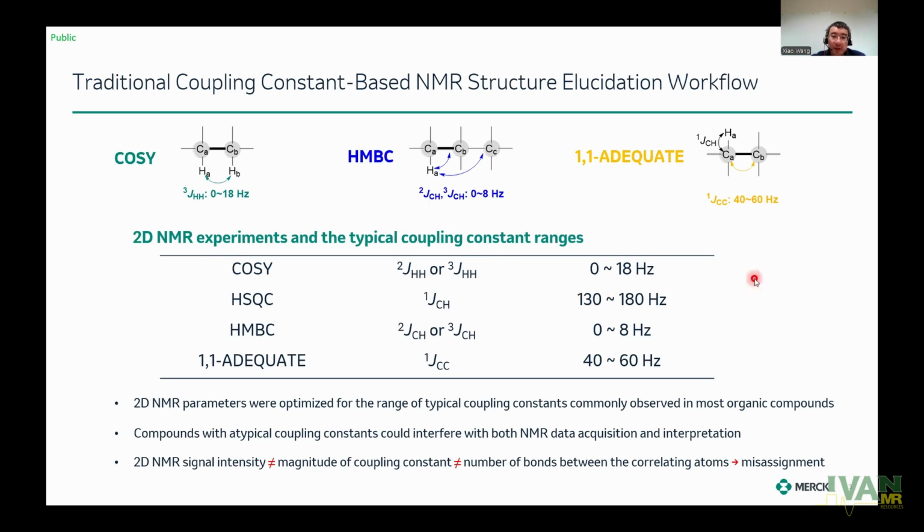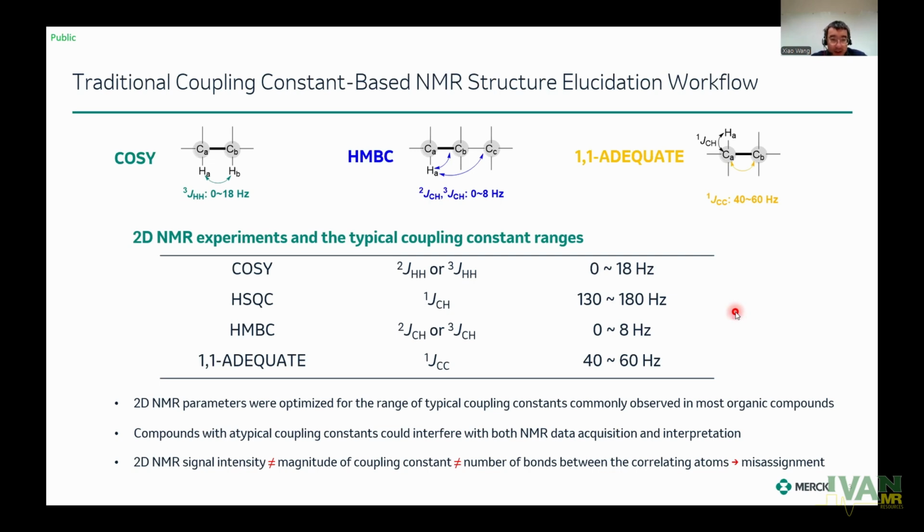From a practical point of view, to achieve a balance between maximum sensitivity of these 2D experiments and generality for the substrate scope, the parameters of these experiments were optimized for the range of typical coupling constants